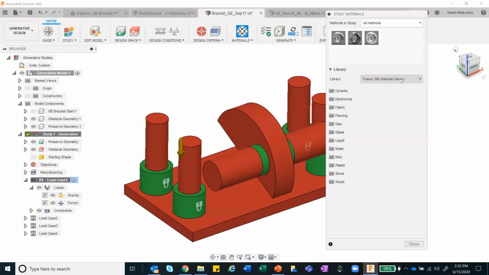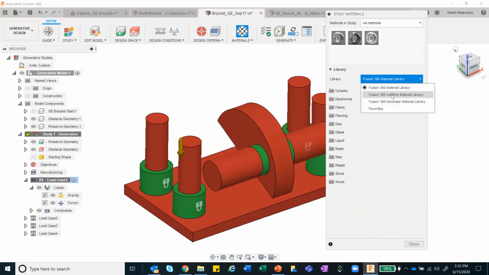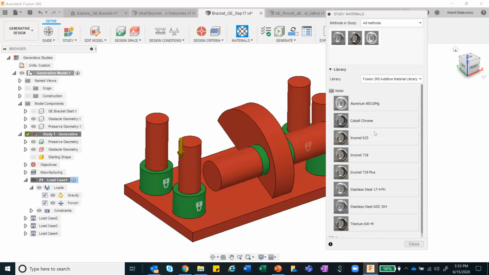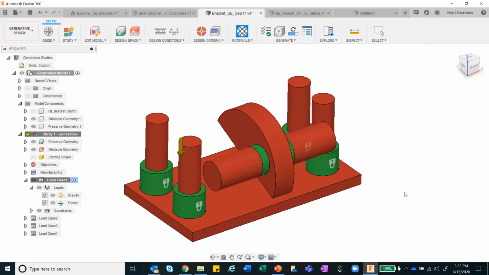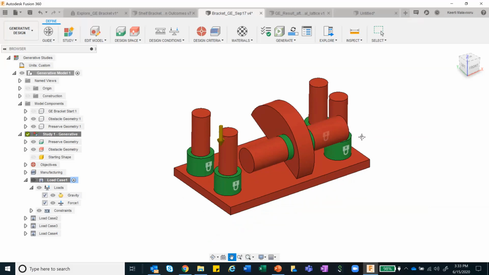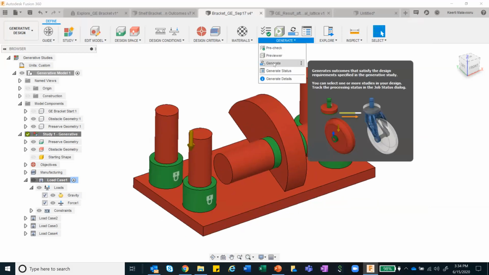On top of it, we have a huge library of materials for all the different metals, different types of materials. It could be for specifically additive manufacturing materials or even non-linear materials as well. So you can pick and choose different materials, and at a time you can go ahead and select 10 different materials. And lastly, you just have to go ahead and generate this. It's a very simple process. You go ahead and generate this.